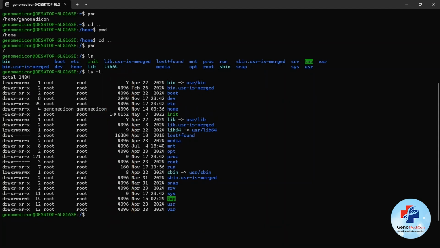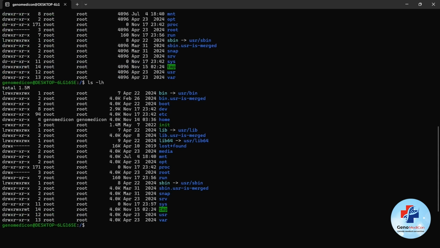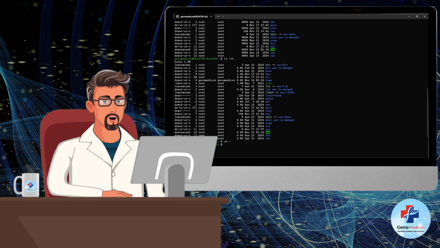But if you do ls -lh, then you will have your files and directories with human-readable sizes, such as kilobytes and megabytes. Okay, let's get back to our home directory, and by now, you know that we can do this by typing cd space tilde.